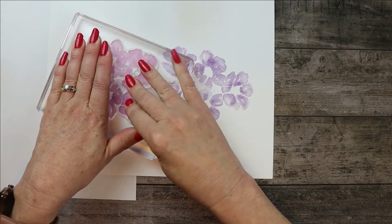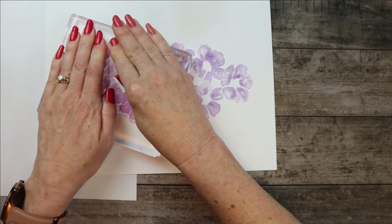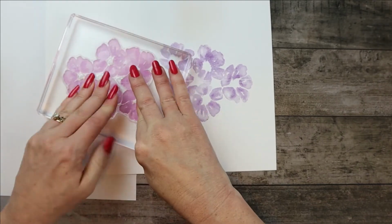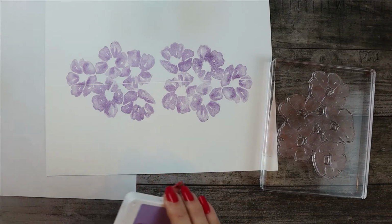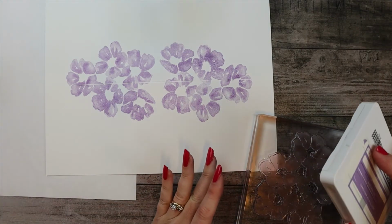I'm going to do it right there, so it's not going to be perfectly even, but that's what makes it look really extra neat. All right, I'm just going to be sure I've pushed down all the different flowers. Perfect. Great. Now we're going to do a little bit more, and this is where we're going to go off just a little bit. So I'm going to take it and I'm going to